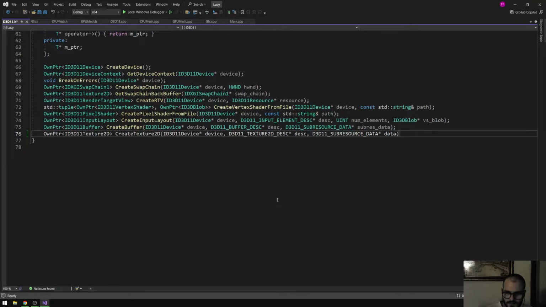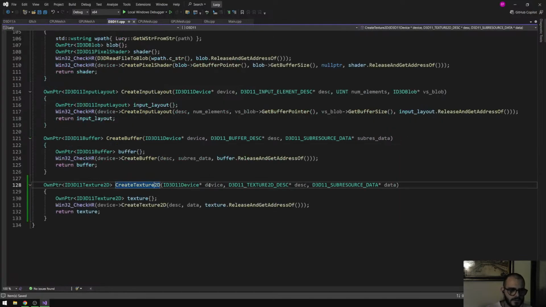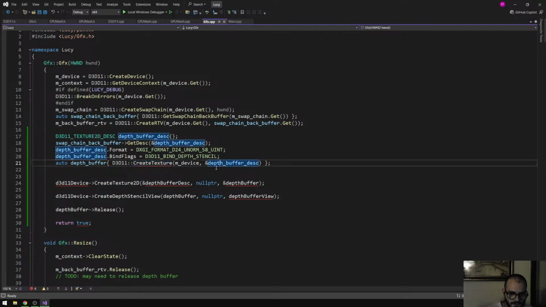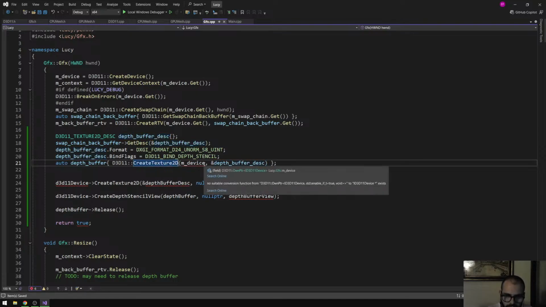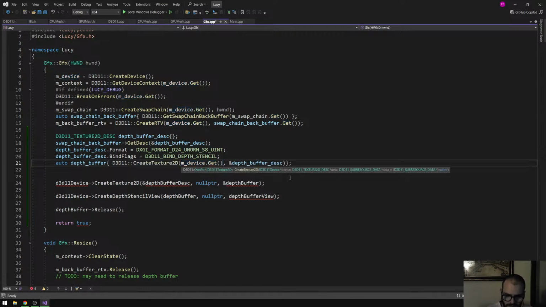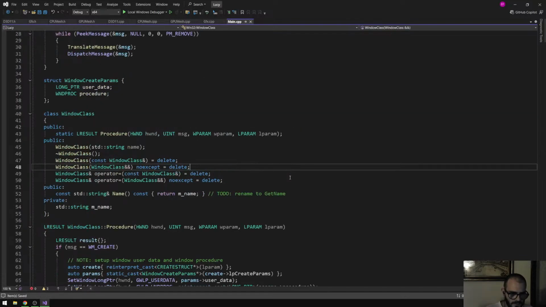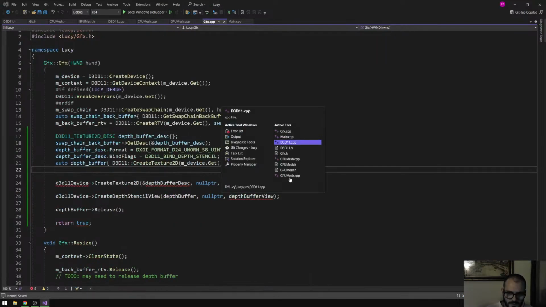So let's add it to the header. Let's use it as a default argument. Gfx, so create texture 2D. I have created the depth buffer, so now we can